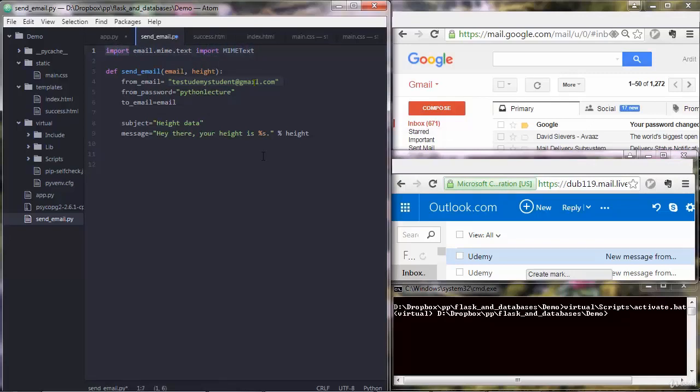Actually, from this we import MIME text, and then what we do is we create another object there that will be equal to MIME text, the message variable there, and HTML, which means that this line here will be read as HTML,